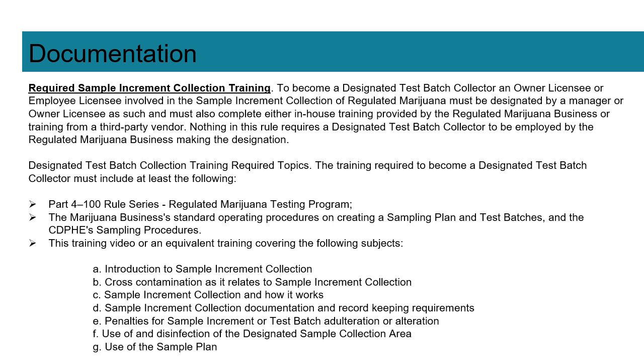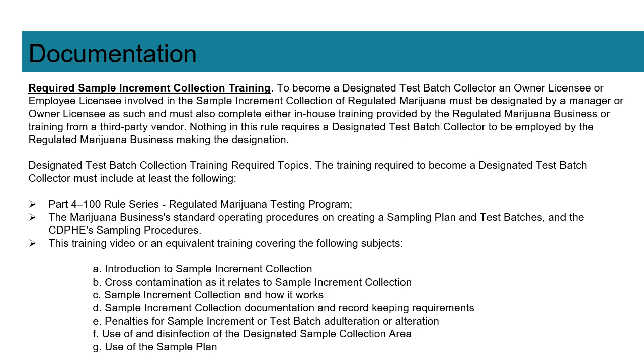Designated test batch collection training required topics. The training required to become a designated test batch collector must include at least the following: Part 4-100 Rule Series, Regulated Marijuana Testing Program, the marijuana business's standard operating procedures on creating a sampling plan and test batches, and the CDPHE's sampling procedures. This training video or an equivalent training covering the following subjects: